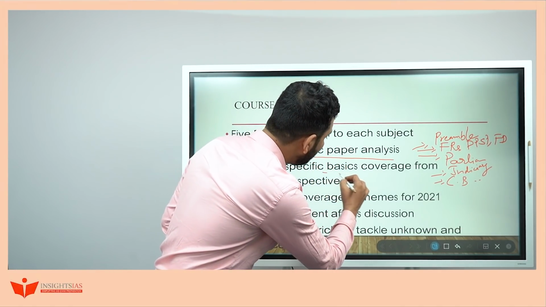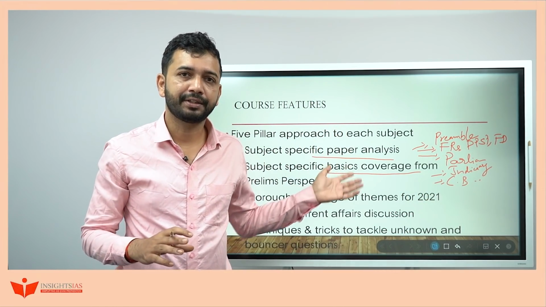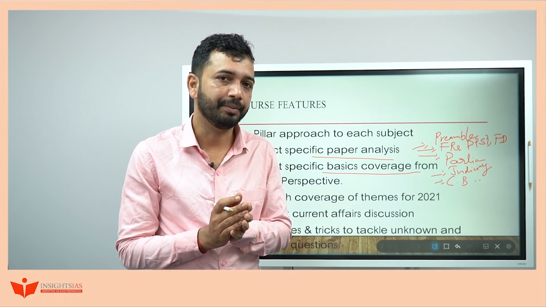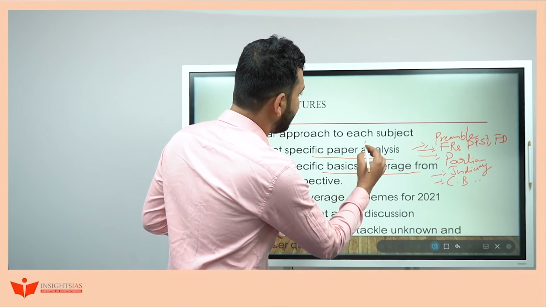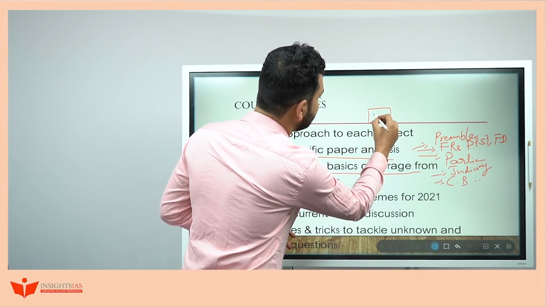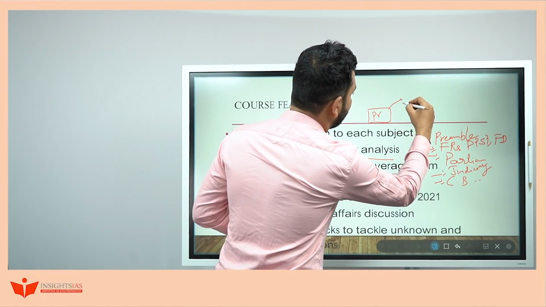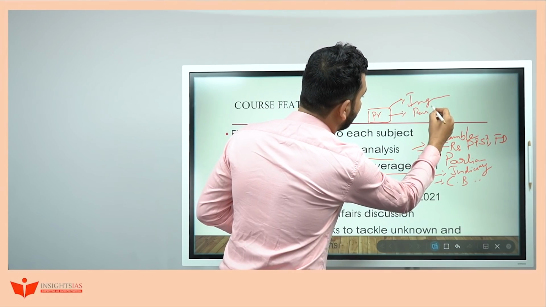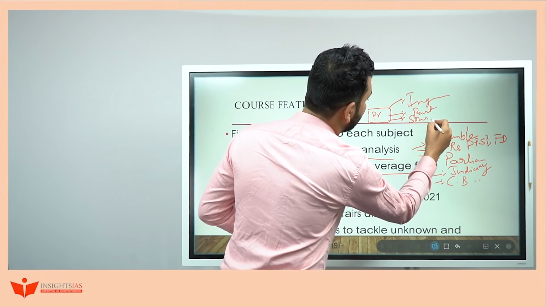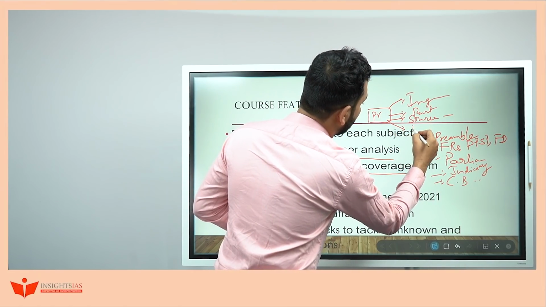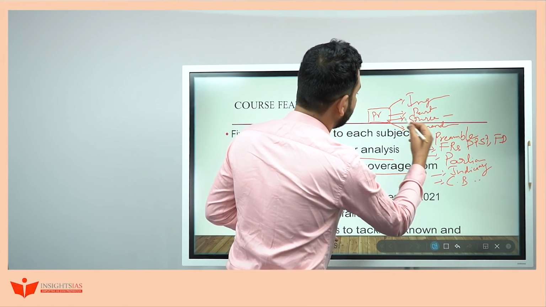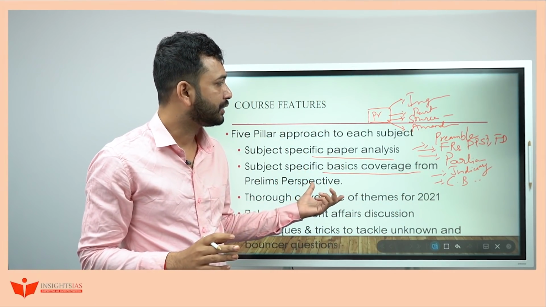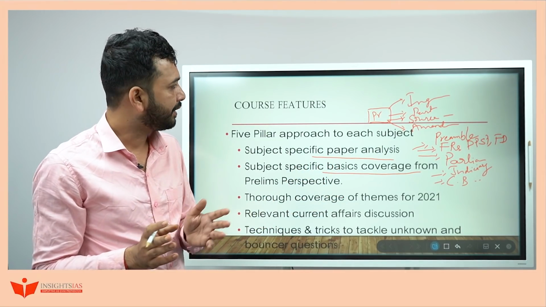Then we will start from the very basics of that subject regarding the very important themes and the core dimensions within the important themes. For example, again if I take preamble, what are the ingredients of the preamble, whether it is a part of the Constitution or not, the source of the preamble, from where it has been taken, or the amendability of the preamble. Like that, which are the 5-6 core themes from which you can expect questions. So that will be discussed in detail.